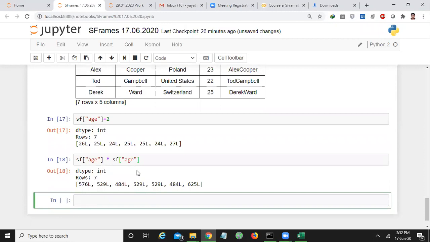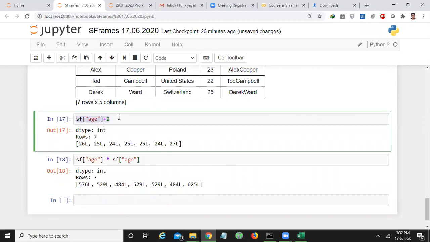As you are not updating, here you have added 2, but you are not updating your age column here. You are just checking what you can get if you add 2 to your age column, but you are not actually updating the age column. It just calculates what the value will be if I add 2 to each and every age.